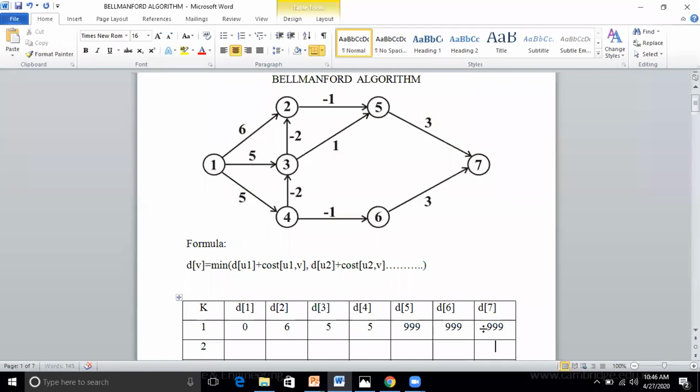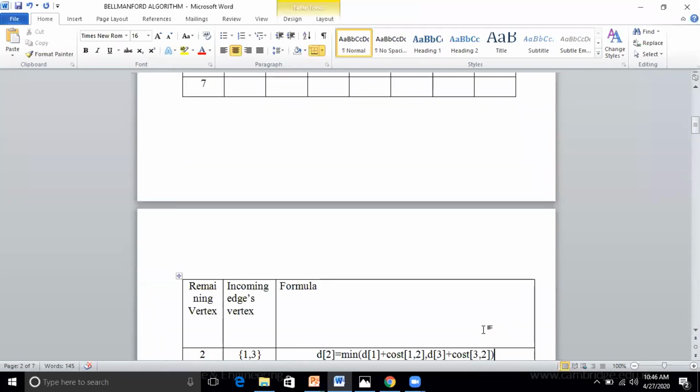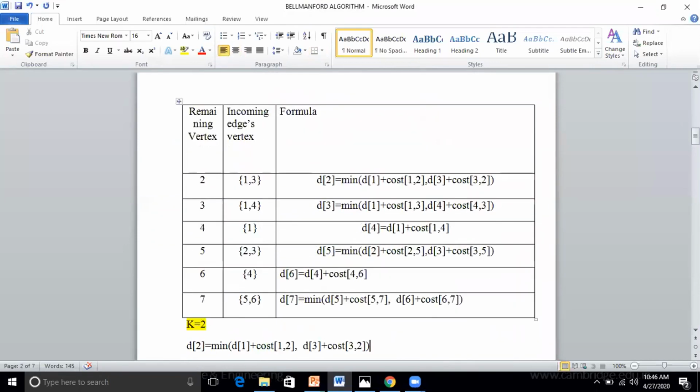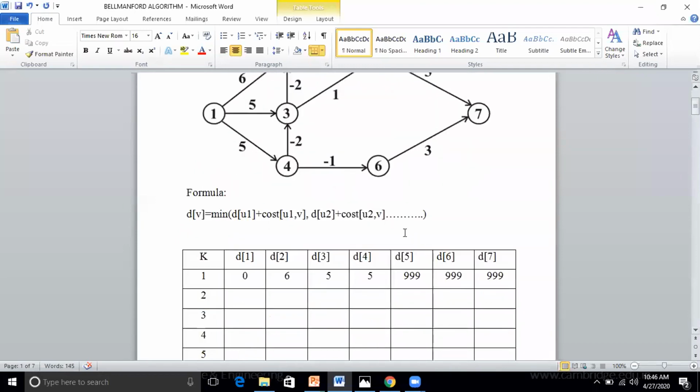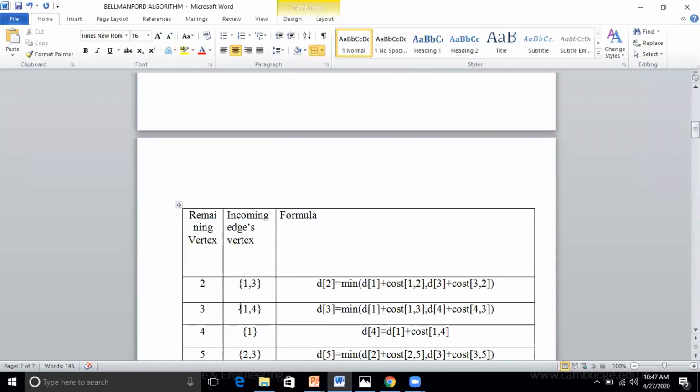Yes, sir. Okay. From the second iteration, we have to use this formula. So now k equal to 2. Already we know how we got this formula, isn't it? Yes, sir. To find the current state values, we have to use what? Previous state result values. Am I audible to you, students? Yes, sir.